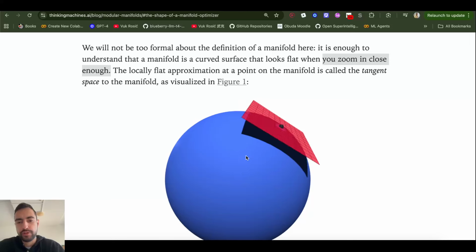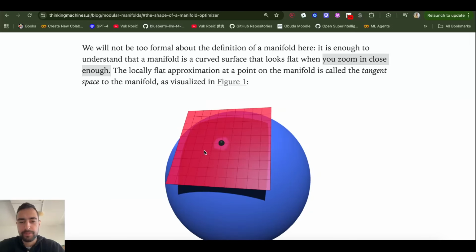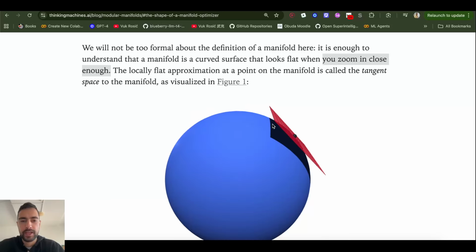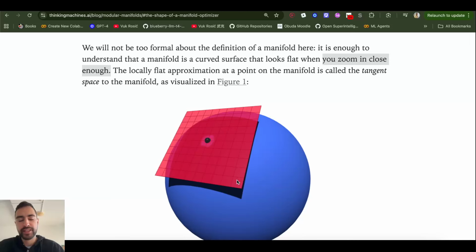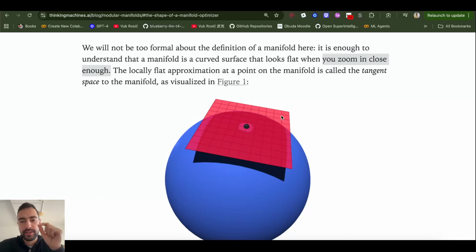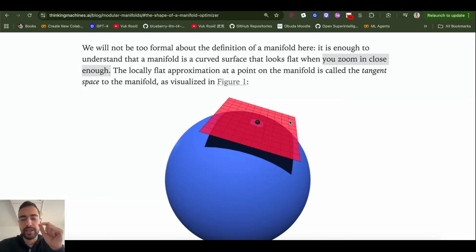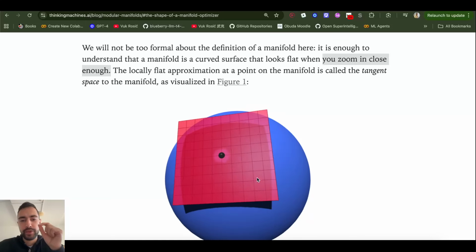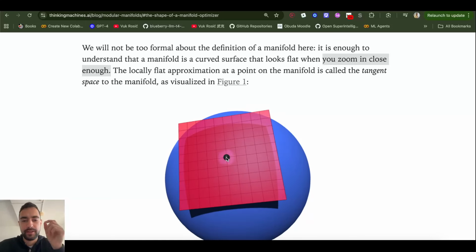So this is later used for derivatives and gradients, but you can see here, this red plane is like a tangent space or tangent plane. You can imagine this plane as showing the valid directions to move to stay on the surface. Now, as I said, it's just a bit around, very close to this center. So this part of the plane here is way off the surface. But you can imagine this tangent plane as the valid directions to move to stay on top of the surface